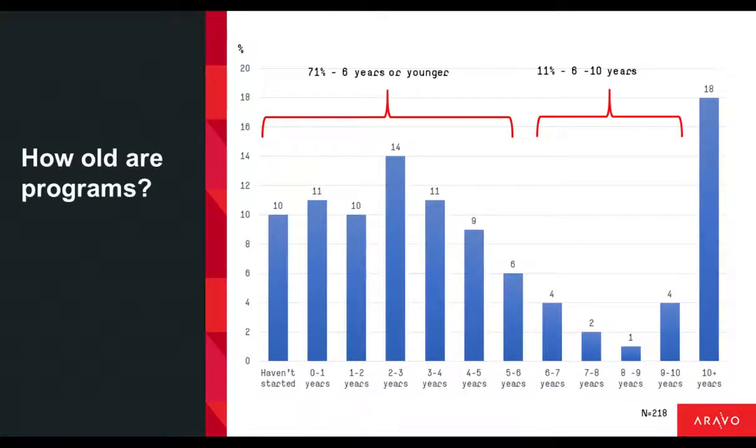It's not particularly surprising that programs tend to be in this 0 to 6 or 7 year range, particularly if you're in financial services. The OCC guidance on third-party risk, the OCC Bulletin 2013-29, was issued in 2013. That's 7 years ago. So that's when the regulators in particular really indicated to their constituents that they were going to be applying a lot of focus on this.